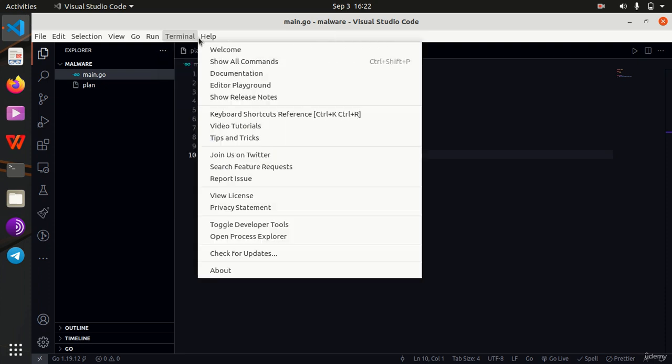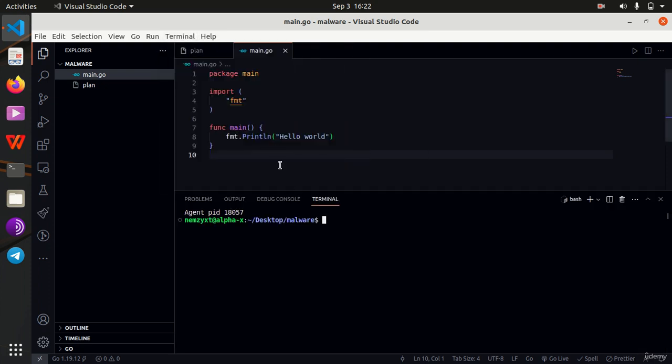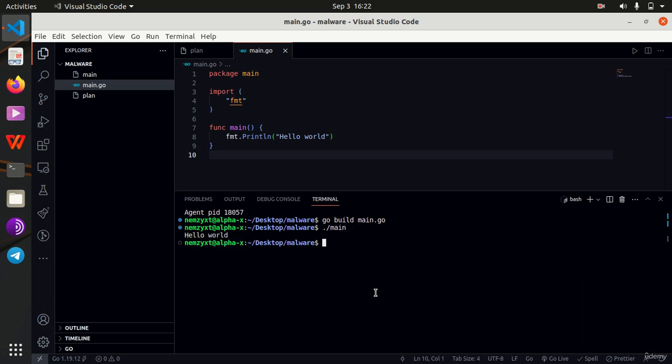Now to execute it, I'm going to open the terminal, and once that is done, we have a number of options to run our code. So first, we can build our program and then execute the binary. So as you can see, we get another file here, which is our binary, and then we can execute that and we get back our output, or we can directly run our code. So the command for that is go run followed by the name of the file, that is main.go, hit enter, and we still get the output.